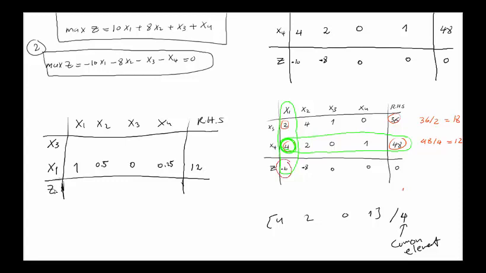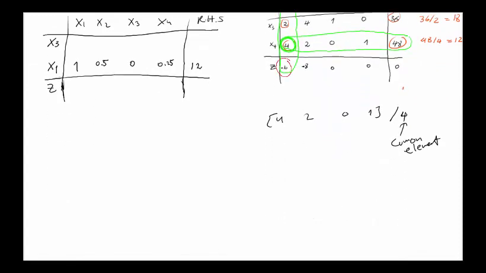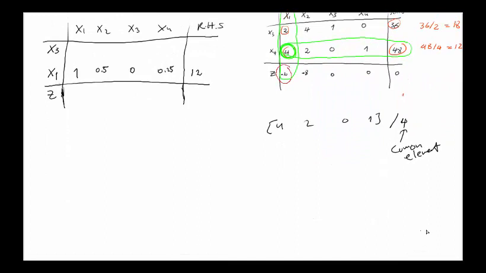Here we have z. So we need to find the new row of x3 and the new row of z in this new table. You need to focus on this point. As I said, this is new x1 in the new table. So the new x3 row will be,